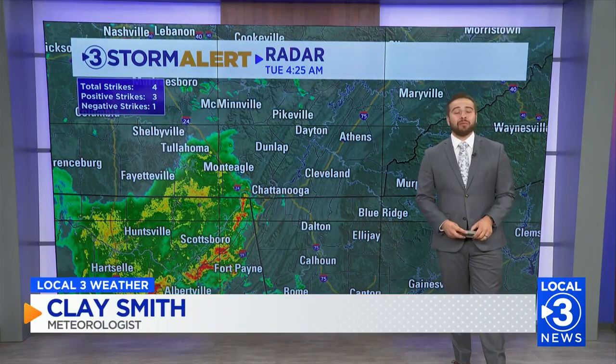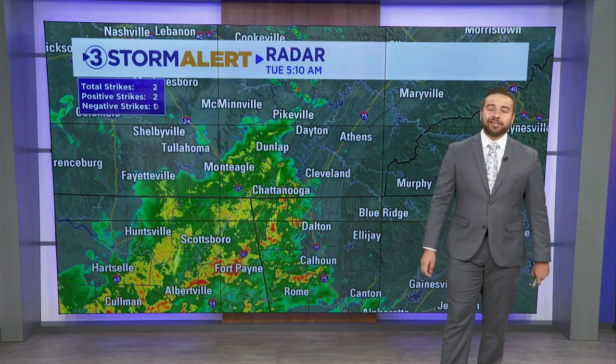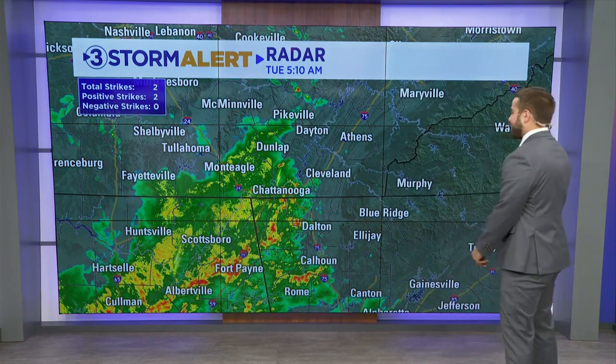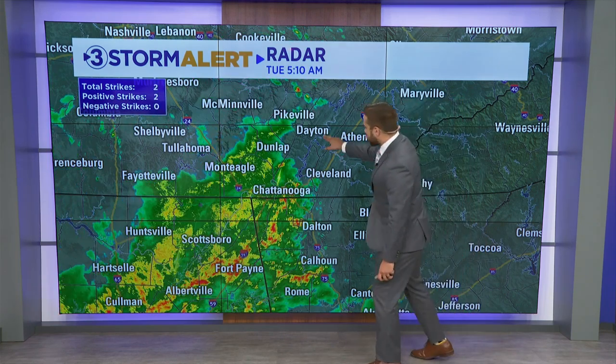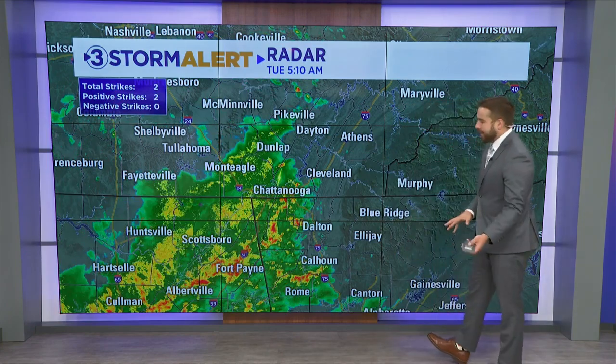We are tracking some wet weather on your Tuesday morning. So before you head out to work, you want to have that umbrella ready to go, the rain jacket, maybe even the rain boots, because it's coming down in buckets in spots, especially across northwest Georgia and parts of northeast Alabama. And rain hasn't quite gotten to places like Dayton, Athens, Cleveland, Dalton, Blue Ridge, LJ yet, but I promise you